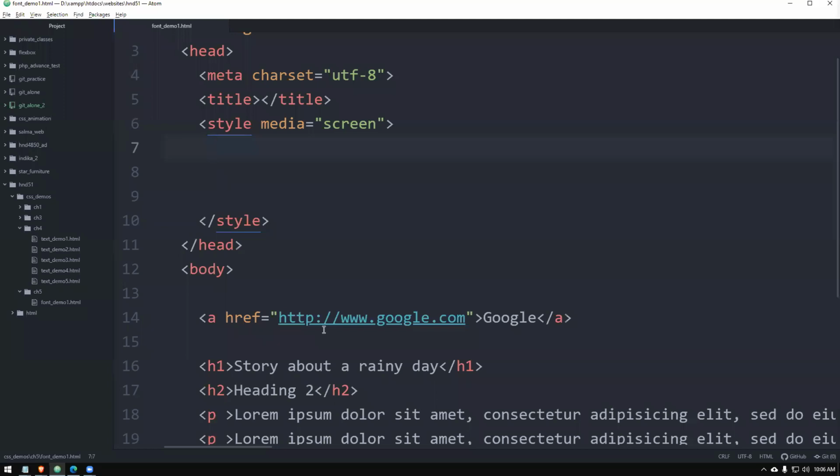For example, in between the letters, how to increase and decrease spaces. In between the lines, how to increase and decrease spacing. In between words, how we can do it. How to make it capital, how to make it simple. Then how to make only the first letters capital letters, and so on and so forth. We practiced more control on that. So it was letter spacing, word spacing, text transformation. Those are the things that we practiced previously.